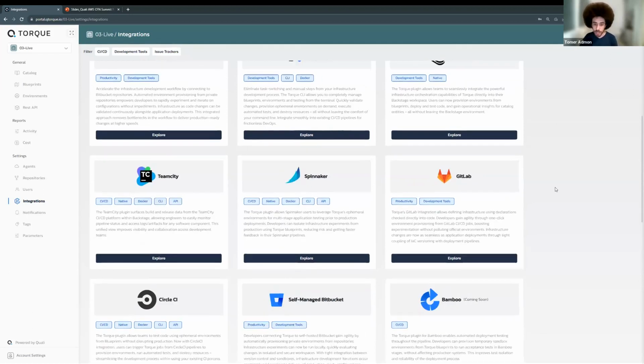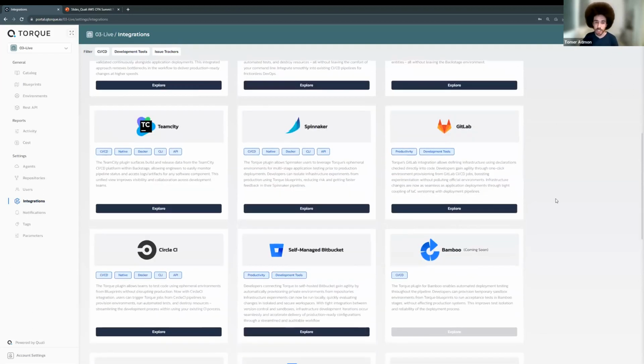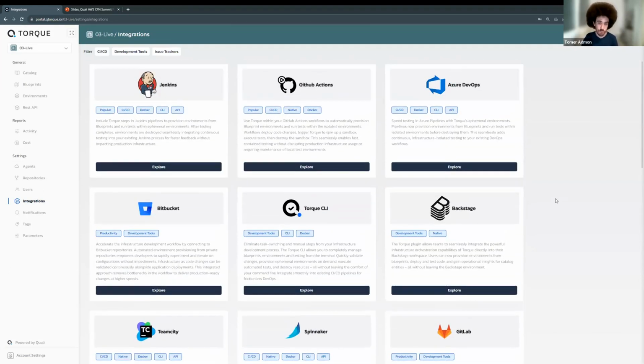And there are a bunch of other interesting integrations like ServiceNow and some others. So everything is through the API, and we've already packaged some of those very specific integrations for you. So feel free to go in and dig in the docs or in this page to see all of them.